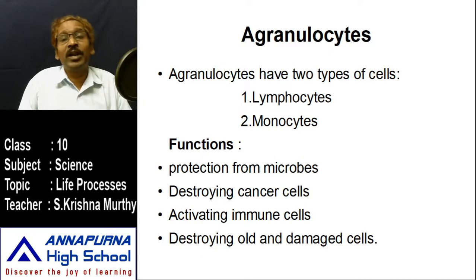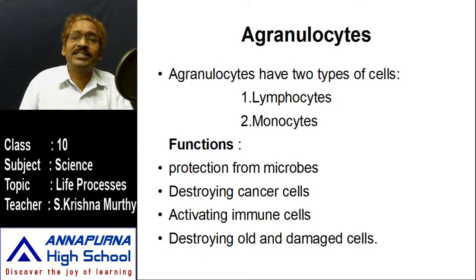Old and damaged, what is meant by that? Old cells will already die after the end of their lifespan. They are also collected by the agranulocytes and turned into fluid. As for damaged cells, whenever you get any damage by injury, they have to be removed immediately from that place and the place occupied by newly formed cells, to perform different kinds of activities inside our body. The damaged cells should also be eliminated or decayed once again by agranulocytes.